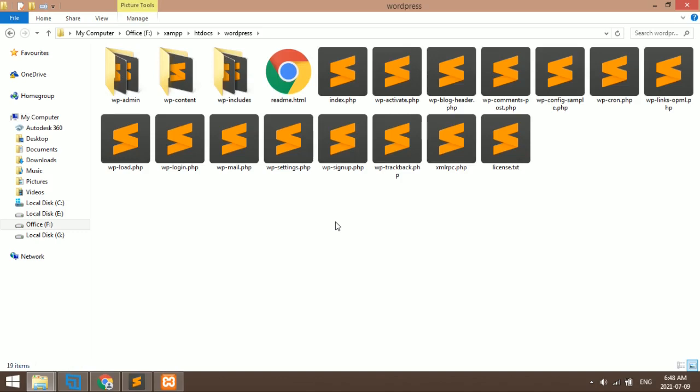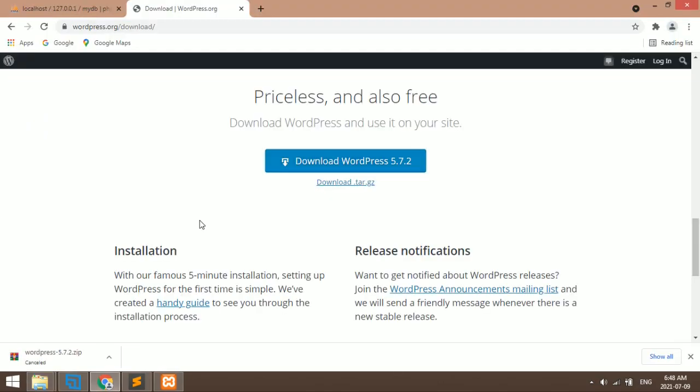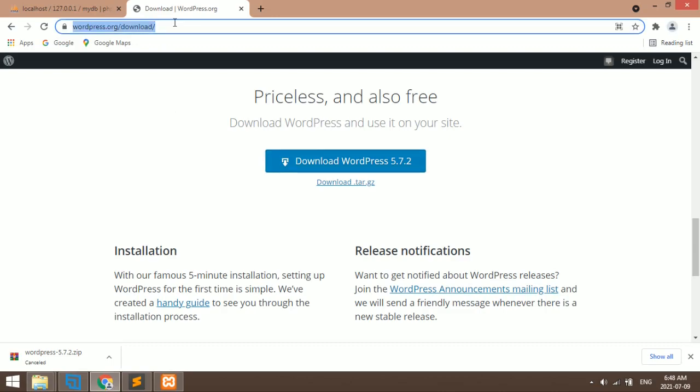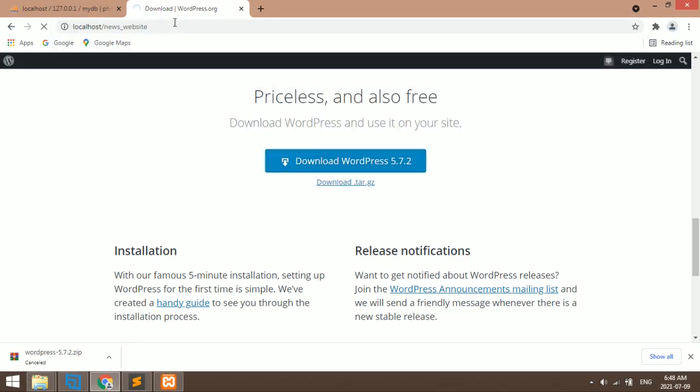So if you want to run more than one WordPress installation, then you can keep it like this, or you can change the name. So if you are working for any customer, like a news website, you can keep it like this. Whatever folder name you have kept here, the same name you should open: localhost/news website.